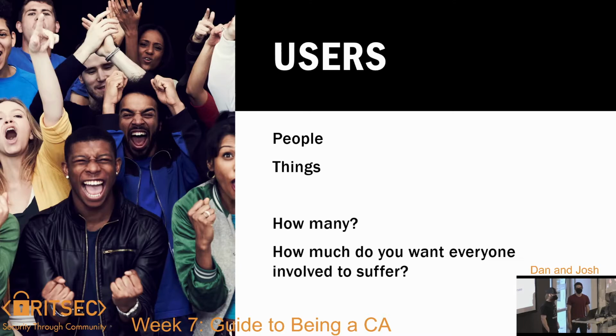If you're going for a more beginner competition level, probably less users, probably not long names, probably not names that are phonetic write-downs of a different language. That's kind of hard to type in and keep track of. If you do have a list of users at 60 or something ridiculous, essentially you're making it so that the teams have to script things, which depending on what you're trying to do may be a very good thing. But if you have a beginner competition with people who are newer to competitions, you probably don't want that, and that will be the case for IRSEC and to some extent ISTS as well.